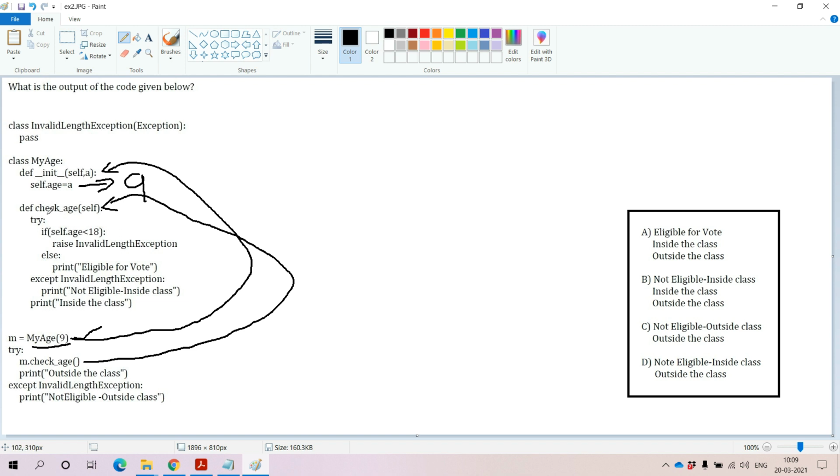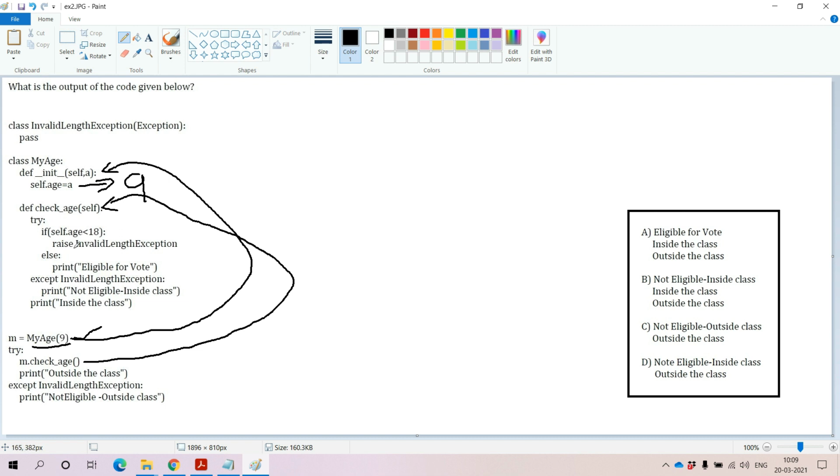Now within this try block, within the self.ace, the value that is available is 9. If 9 is less than 18, the condition is true, that's why it will enter into the if condition. Within the if condition, we are raising an exception. What is that exception? InvalidLengthException. And it will check, is there any except block which is handling that invalid exception.